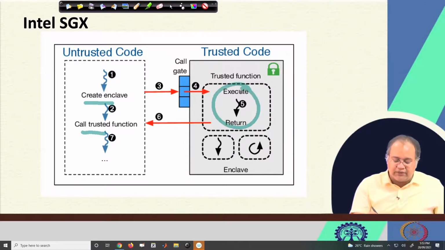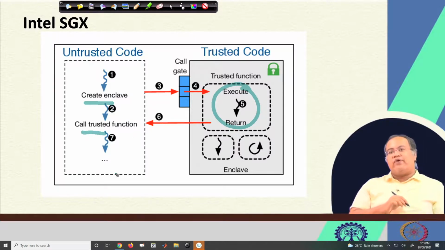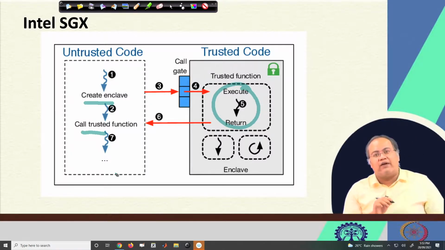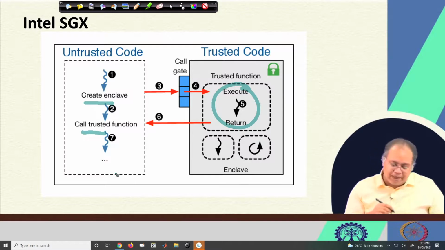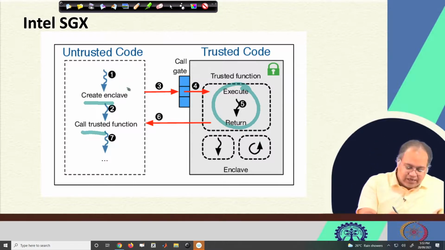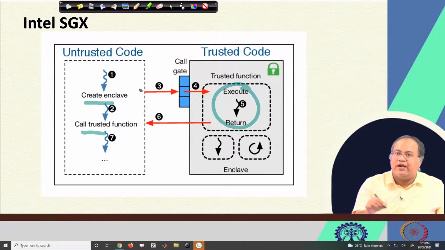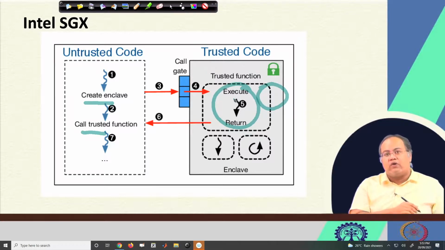After this trusted function gets executed, it returns, and this return value is sent to the untrusted code, and the untrusted code continues with its processing. Well, so that means for the proof of elapsed time, what can happen is that your untrusted code can say that it will generate a random number and wait for that much amount of time. Generating this random number and waiting for that much amount of time can get executed within this trusted code part, as a trusted execution environment.